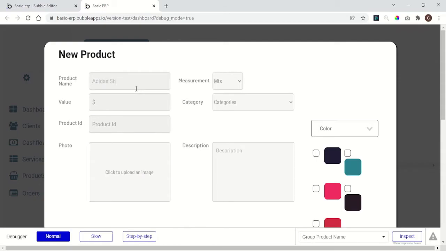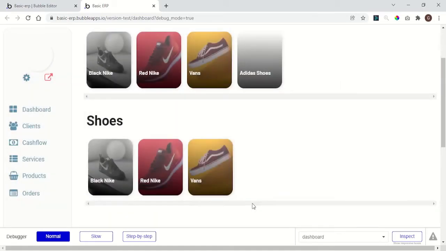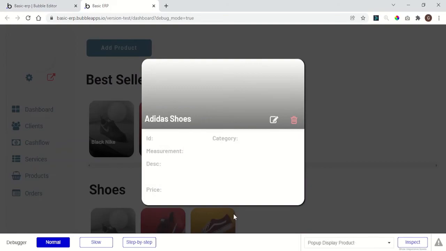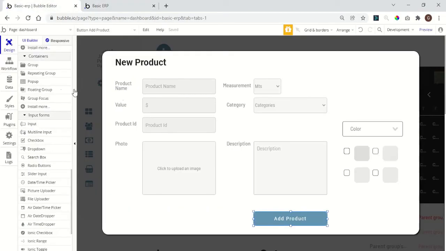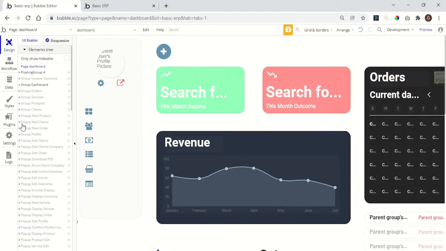Adidas shoes. Just don't need to worry about anything like that. Just click here to choose this color and add product. Okay, now as you can see, nothing happens. When we click here, we don't see anything changed, but we can go back here to the editor and choose